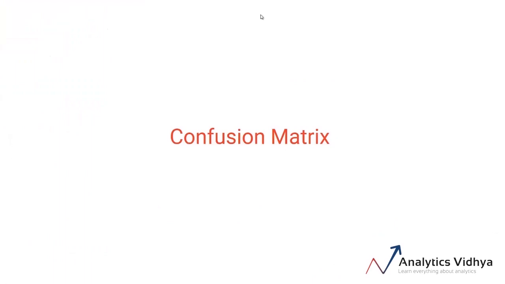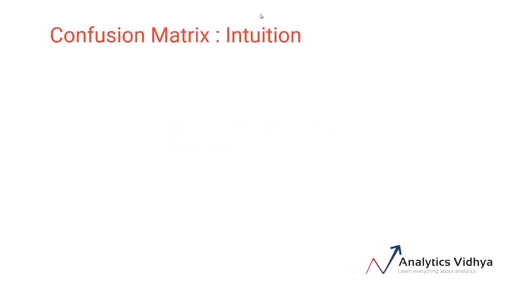Welcome back. In this video, we'll learn about evaluation metrics used for classification problems. Before we dive into that, it will be helpful to define a formal way of representing the values predicted by our classification model and the actual values in the dataset. This will add a lot more clarity to our evaluation process. For this purpose, we use a confusion matrix.